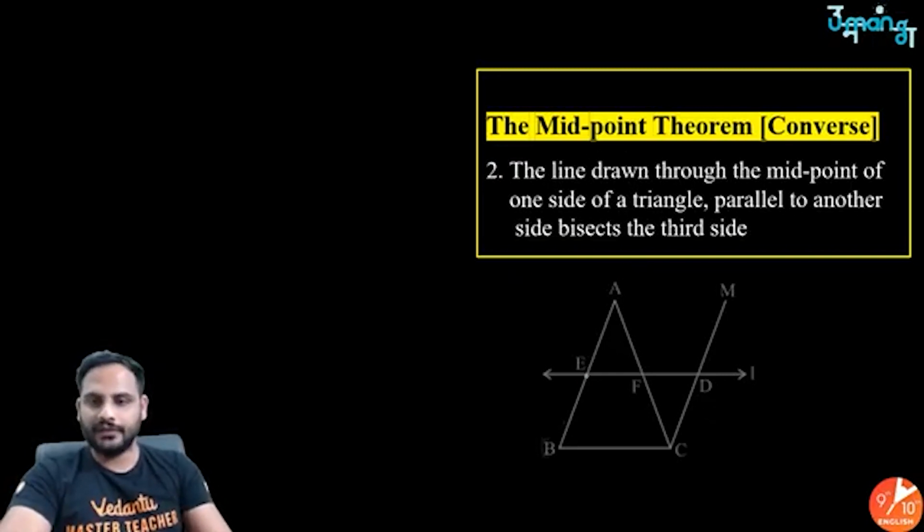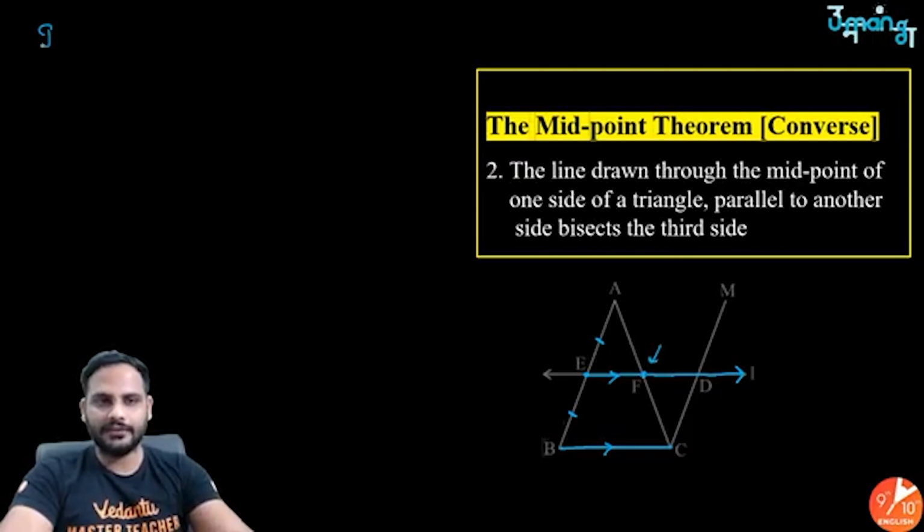It says, suppose I know E is the midpoint, and through E, if I draw a line parallel to BC, I can say for sure that this line from E parallel to BC will intersect the third side AC at its midpoint. So F will be the midpoint. So I can clearly say